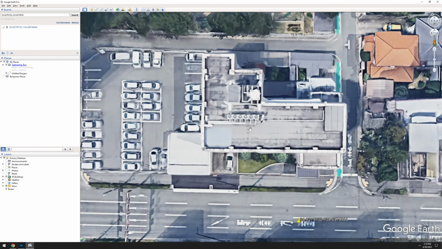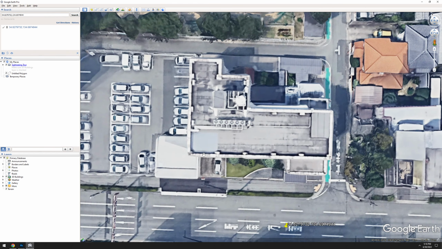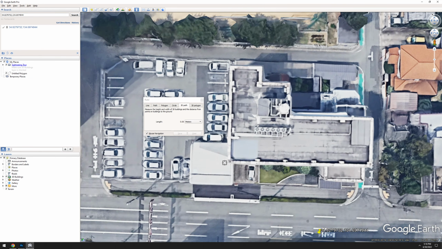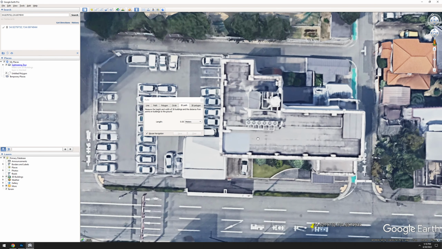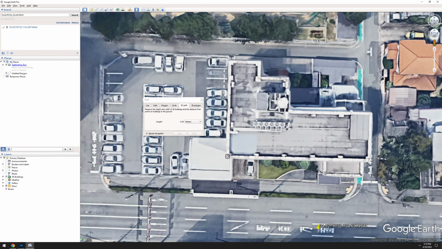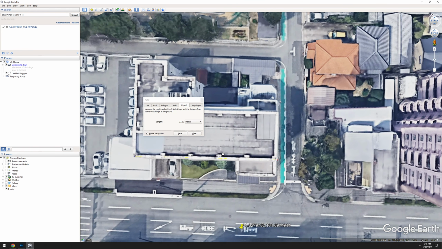And now to get some other measurements, like I'm interested how long is this part, how long is this part, and for that we can grab the ruler from here, and we're going to use 3D path. Do not use line, use 3D path. So Google basically makes this 3D mesh. Of course, if you don't have a 3D mesh, you'll have to figure out better ways to do this. But you just point your mouse and you can see,